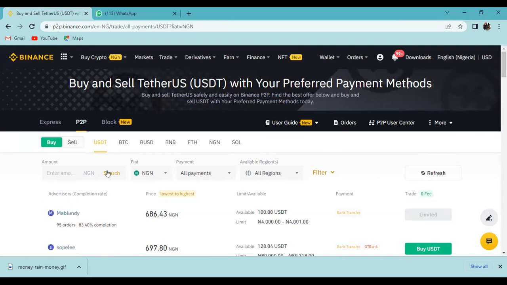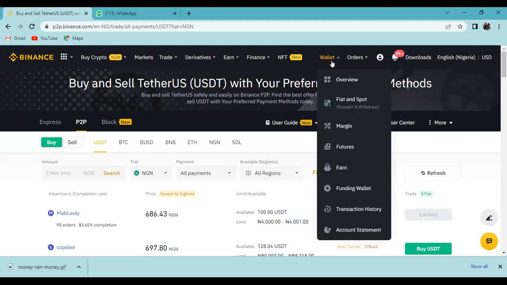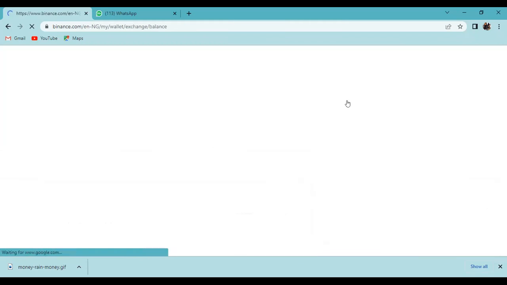Let's assume that you have BTC somewhere, you want to fund your Binance with BTC. What you do is you go to fiat and spot. Yes, you go to fiat and spot.